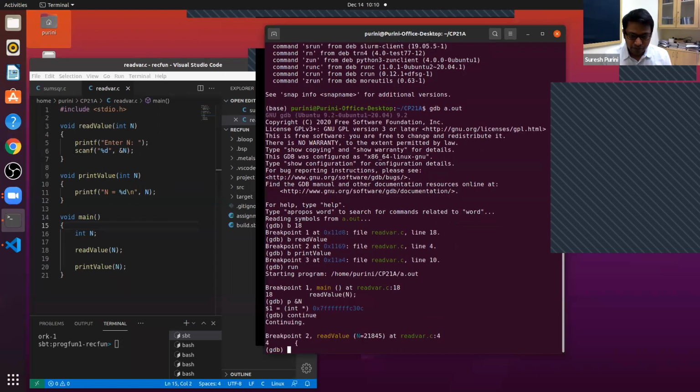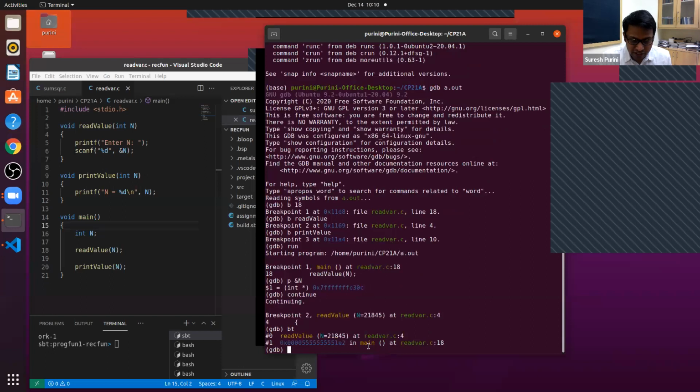So now we are on line number 3. We entered the read value function, and if we do what is called a backtrace, we will see that main is calling read value. BT is backtrace. This is also called a stack trace. We will look into the stack trace later.